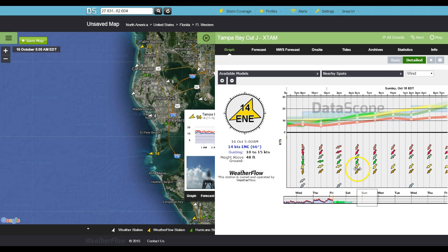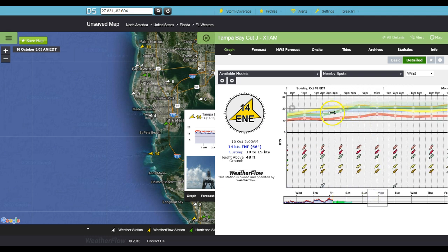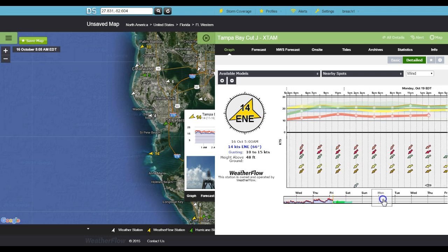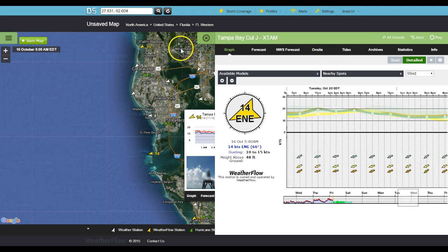It fizzles out, doesn't have very much effect down into Florida. And then as we get into Sunday, that's when you start to see your northeast winds really crank up. So I think by late morning into midday on Sunday, you'll start to see these real effects from that high pressure wedging down from the north, and that will continue right on through Monday, Tuesday, and then finally fade out